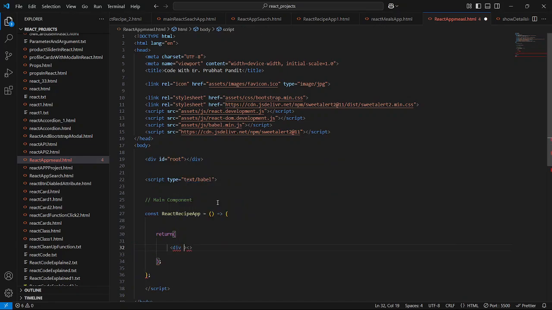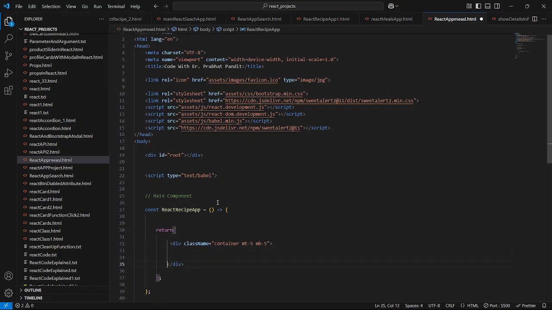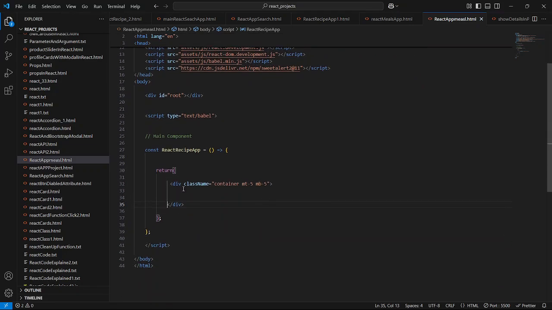component. I'll give the div. I'll say container div. We will give the class name also like this. I'll say container, margin top 5. I'll give margin bottom also 5. So open this div. Okay, so this is it. So guys, now we have to,